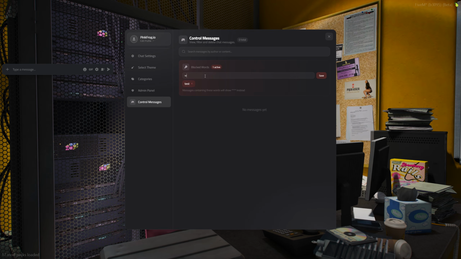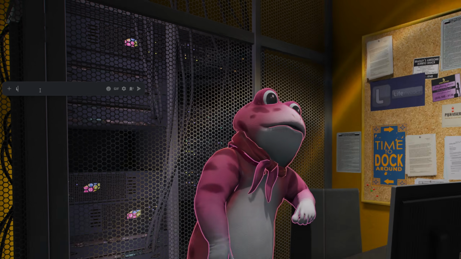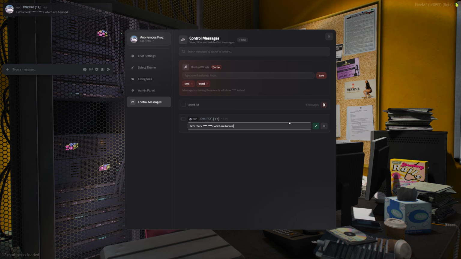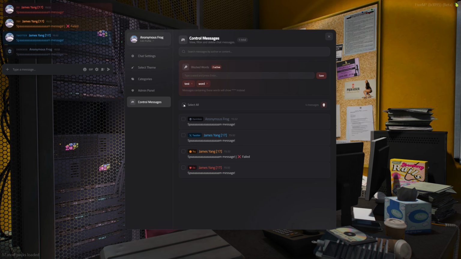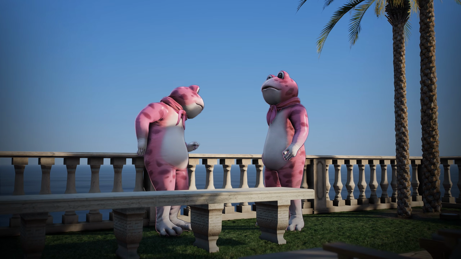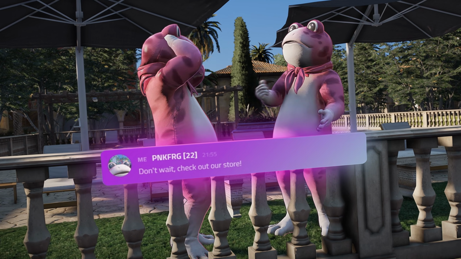As administrators, you can define specific words that are forbidden in chat. Any blocked word will be automatically censored. On top of that, if any message contains inappropriate content, you can edit it directly, live and in real time. Or if a message needs to go entirely, just delete it. And finally, if you need a fresh start, wipe everything, select all messages and clear the whole chat in one go. We believe that this script will bring a whole new level of social gameplay and realism to your server,